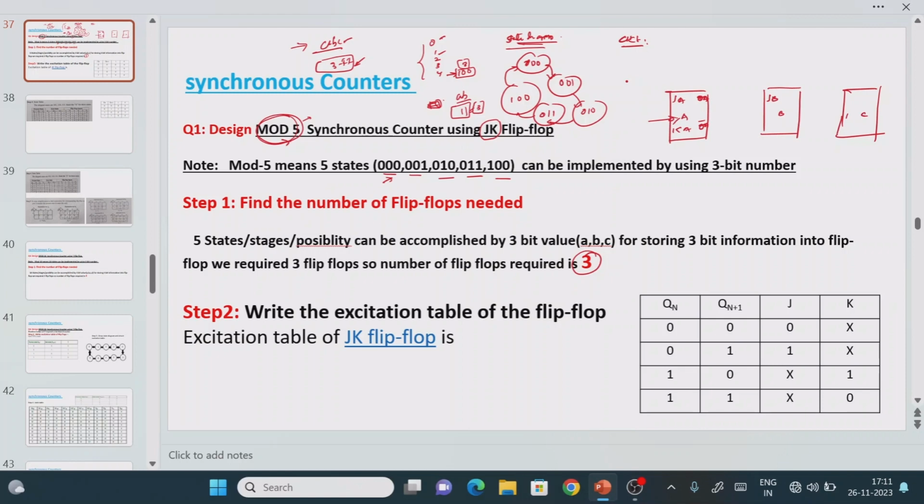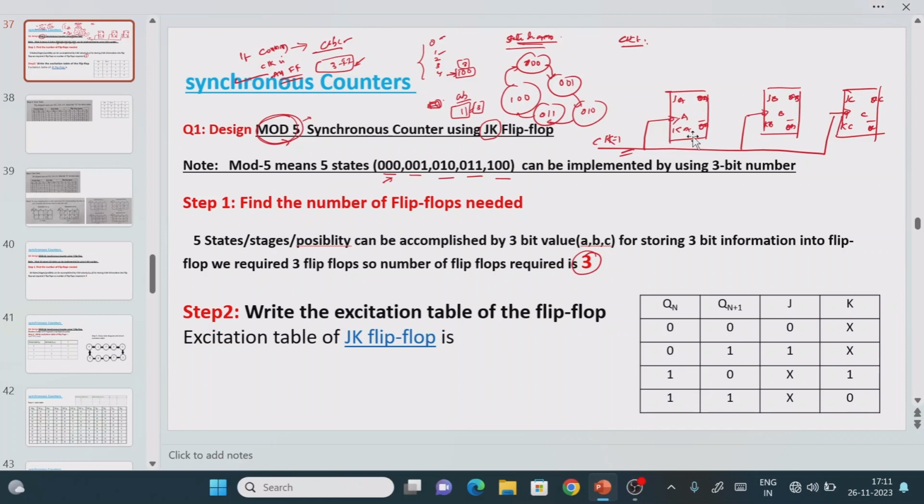In the same way, for the second flip-flop we have JB, KB, the clock pulse, and outputs QB as well as QB bar. For the third flip-flop, it is JC, KC, and outputs QC, QC bar. So what do we mean by synchronous counter? If a common clock pulse is applied to all the flip-flops, then it is called a synchronous counter. We have the clock for the first flip-flop, second one, third one. If you connect a single clock pulse, or global clock pulse, to all the flip-flops, then it is called a synchronous counter.